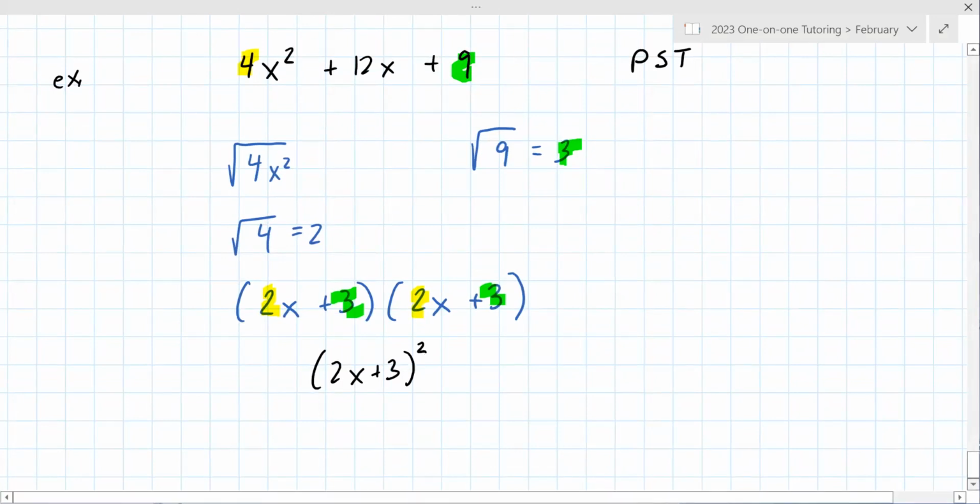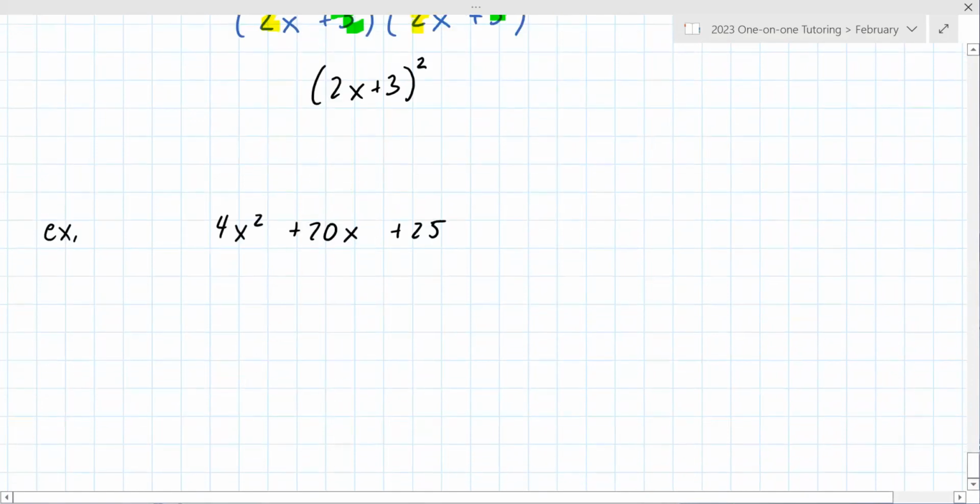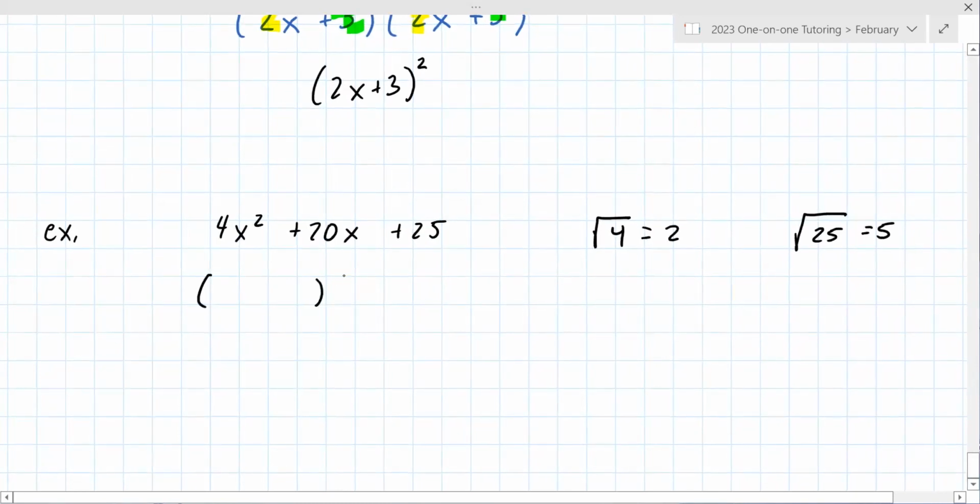So let's look at another one here. Let's say it's 4x squared plus 20x plus 25. Very similar to the last problem. Can you take the square root of 4, that first term? Yes, that's 2. Can you take the square root of 25? Yes, that's 5. So this becomes